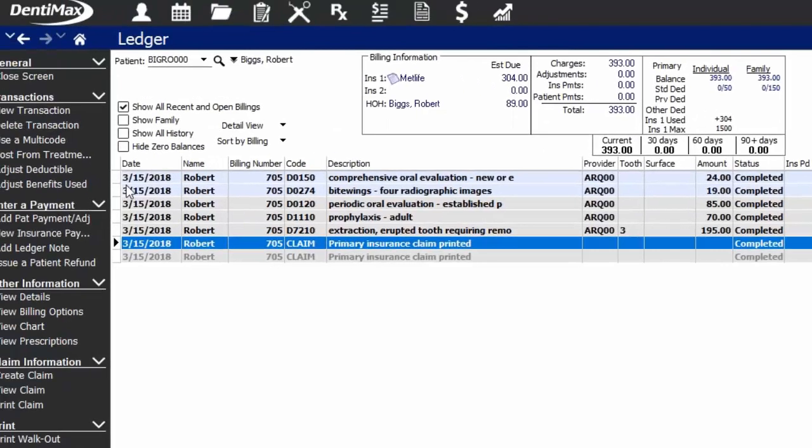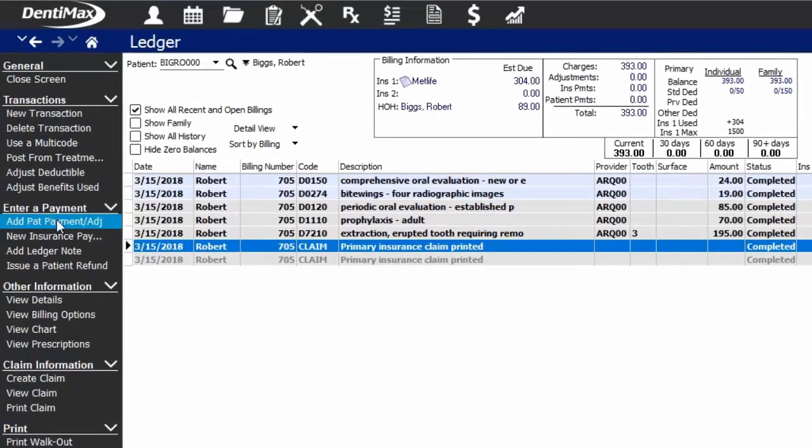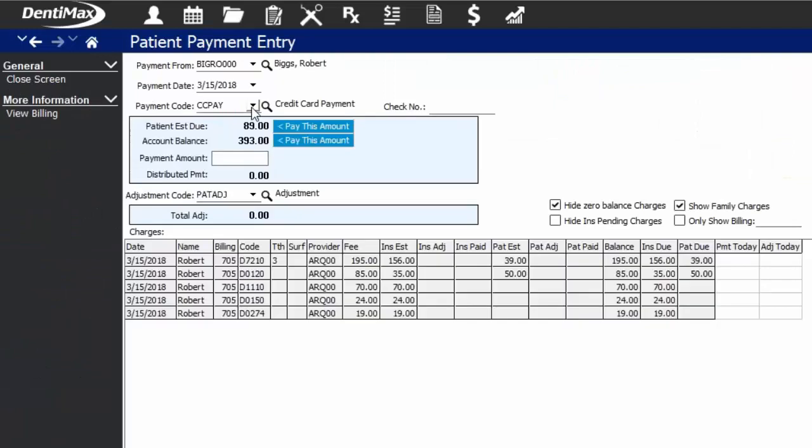Let's go ahead and accept a patient payment. He owes us $89 that we're estimating right now. So I'm going to go to the options menu, click add a patient payment. In the top section here, I'm just going to say he paid me with a check, plug in his check number, and then we have our estimate due of $89. Once again, I'm going to use our quick button and hit pay this amount. It'll automatically apply the $89 payment to the items that we've estimated that money is due for, and I'll save